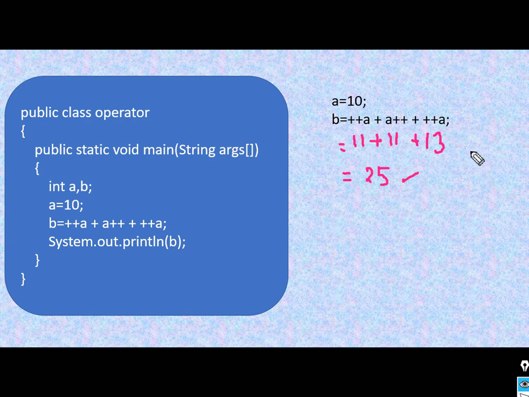Here we have the slight difference. The difference is that here we have a postfix operator. In postfix what happens is the initial value will be taken. So here the initial value of a is first incremented to 11. Here when we have this postfix operator, 11 will be used and then it is going to increment, which means it will become 12, and again here we have this prefix operator, so that will be incremented to 13 and then we get the final output as 25. So this is how the postfix and prefix operators work.